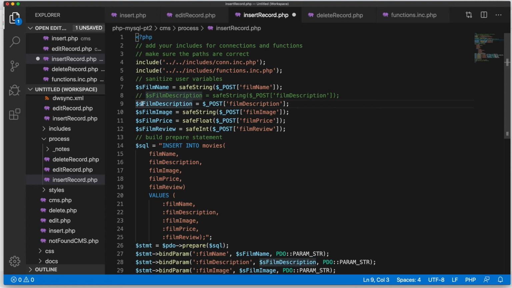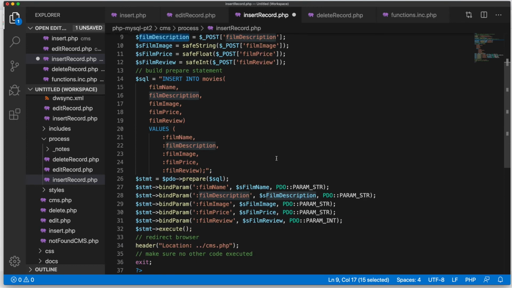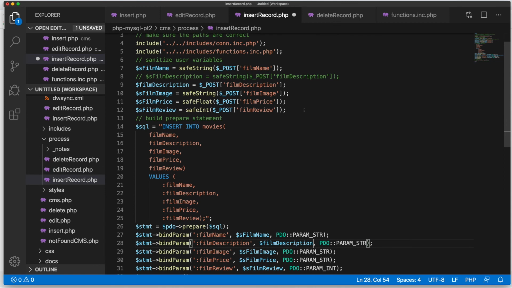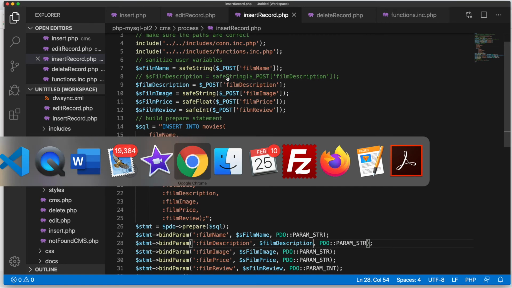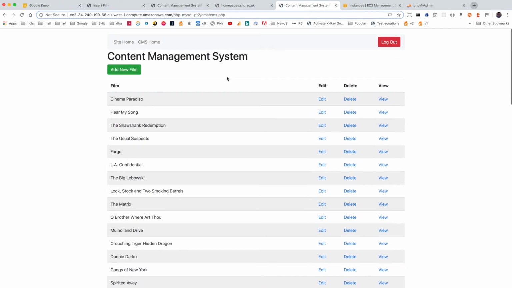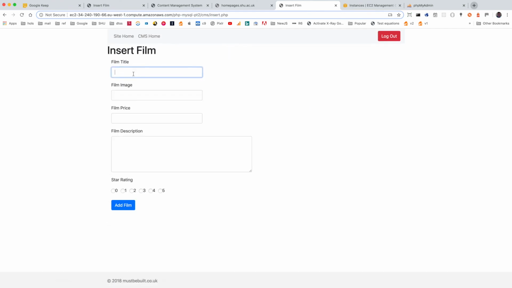So let's change it and just make it film description, and then that value is what I'll use down here to be bound in. So this is no longer being run through safe string. So what's going to happen in this scenario then? So if I now go and I add a new film, so this is my second test film, we'll just put test JPEG,